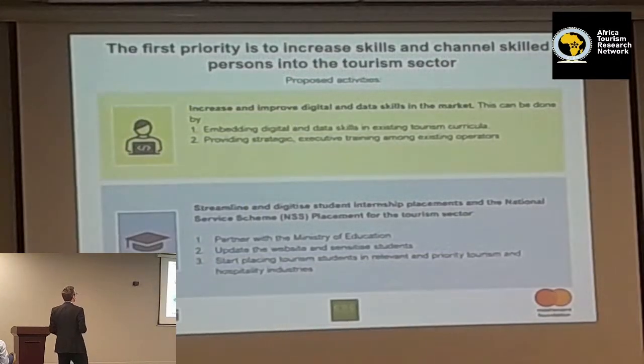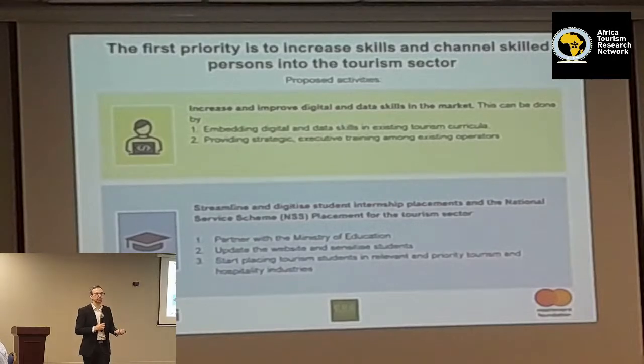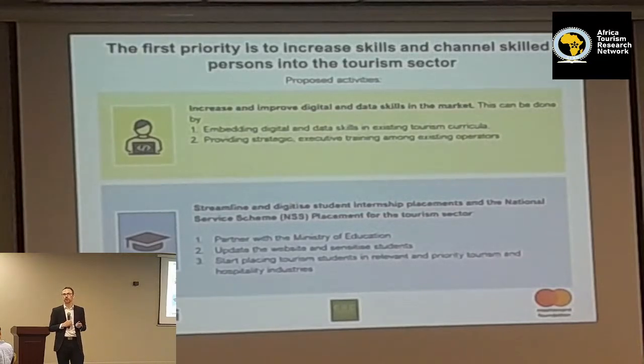So practically, what can we do about this? There are a number of things we can do, and many of these things will sit at individual business level. But looking at it from a systemic level, what we can do as a sector as a whole, I think the first is to look at digital skills. And as I mentioned, digital skills doesn't necessarily mean we all need to understand all the intricacies of how to code a website or do in-depth data analysis. But I think that there are two layers in which it will be beneficial to think about improving digital and data skills in the market. The first is by ensuring that the curriculum at our training colleges and universities that are training on tourism